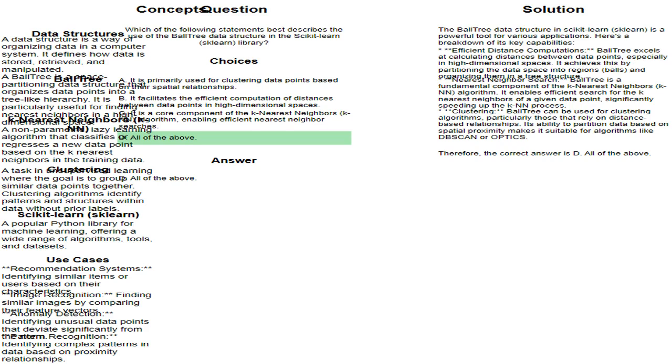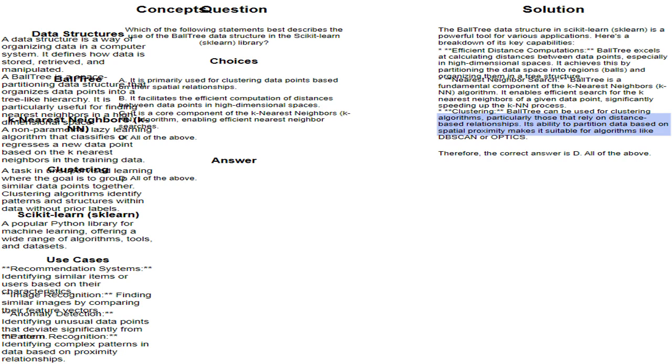Correct. Ball tree can be used for clustering algorithms like DBSCAN or OPTICS, which rely on distance-based relationships. It partitions data based on spatial proximity, aiding clustering. However, ball tree is not limited to just clustering. Clustering: ball tree can be used for clustering algorithms, particularly those that rely on distance-based relationships. Its ability to partition data based on spatial proximity makes it suitable for algorithms like